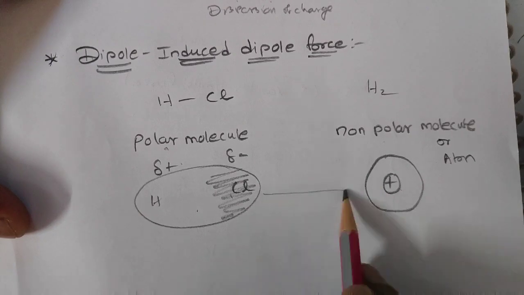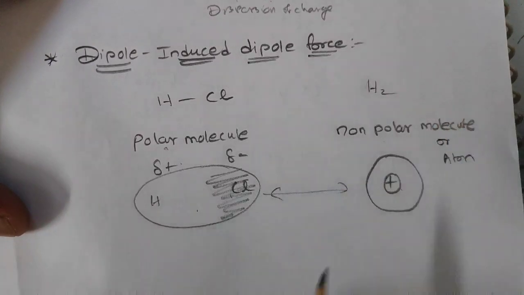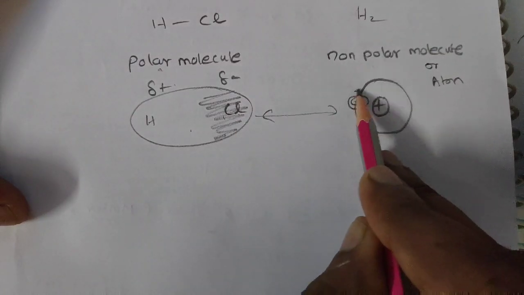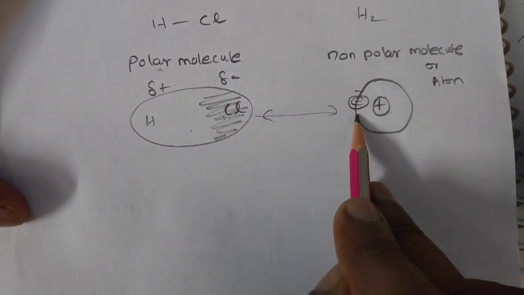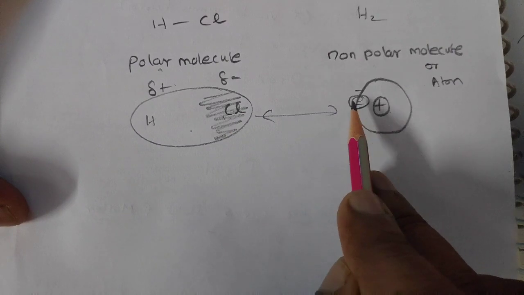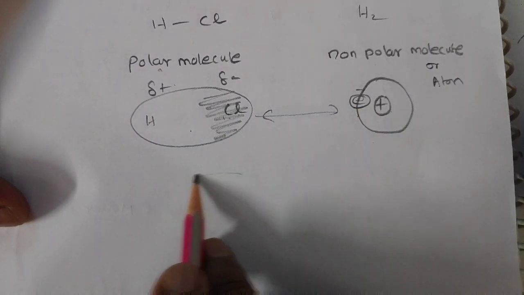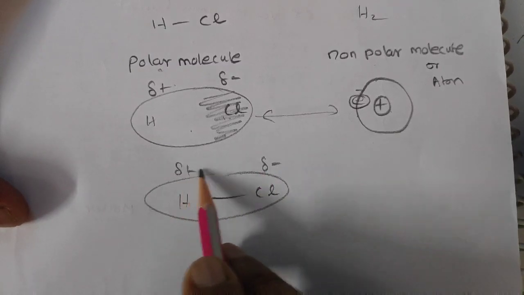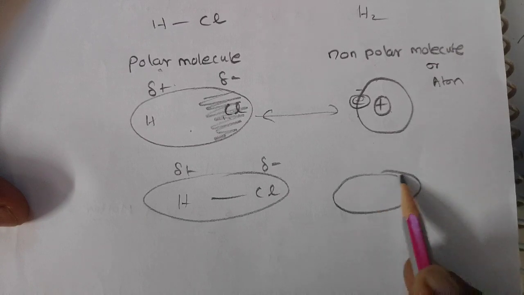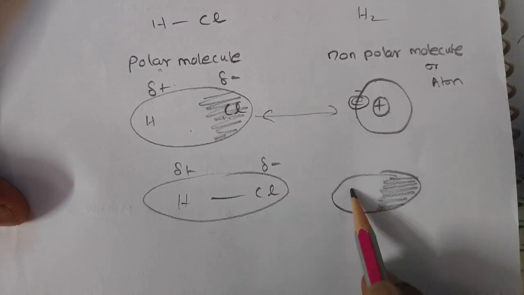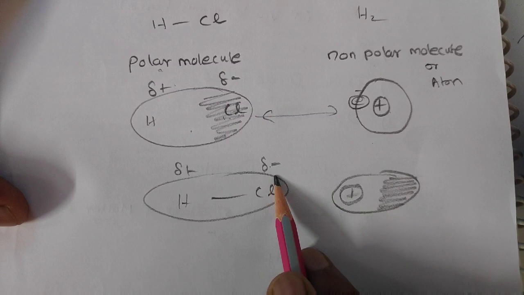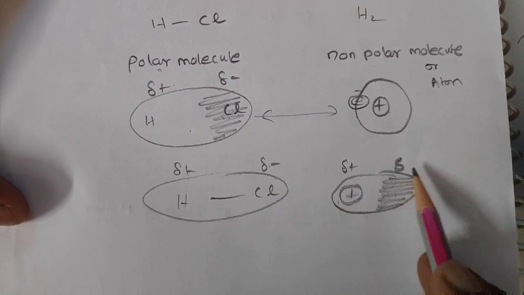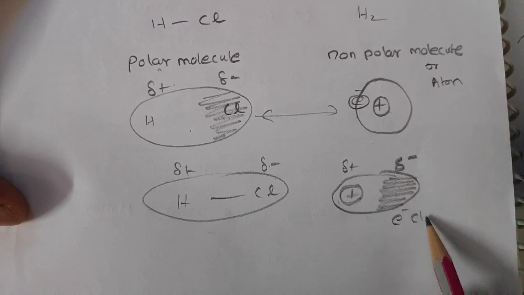Okay, so when they come nearer to each other, if you decrease the distance between them, what will you see? We know electrons move around the nucleus. What will happen when they come nearer? The electron cloud will be dispersed to either side. In the second figure, if you write it like this, there will be delta minus and delta plus, and here also there is a distribution of charge. So the plus sign will be here because delta minus is there. So delta plus here, and delta minus due to the electron cloud.